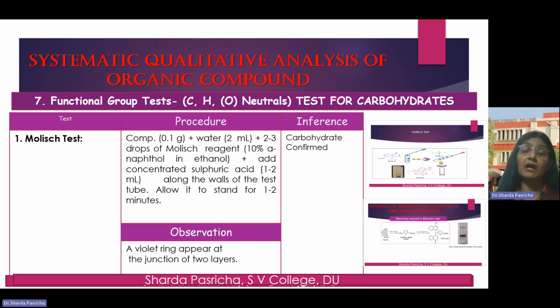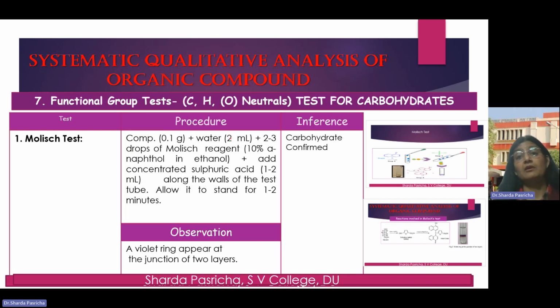The group test for carbohydrates is the Molish test. So let us see how the test is first done, and then we will try and understand the chemistry of the test. So you will take in a test tube 0.1 gram of the organic compound, okay? And you will add 2 ml of water to this, meaning you have to prepare a very dilute aqueous solution